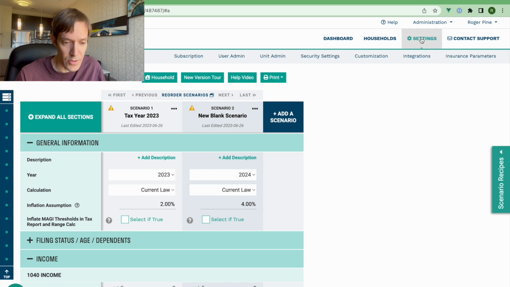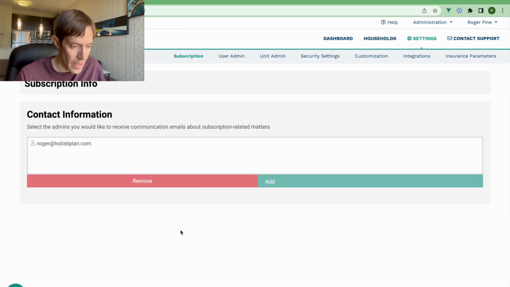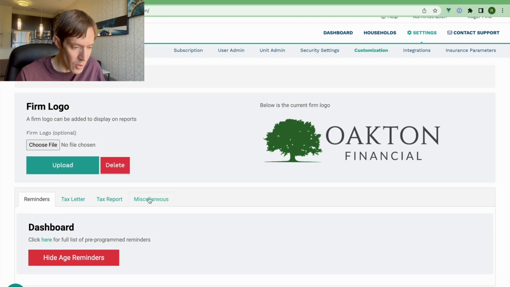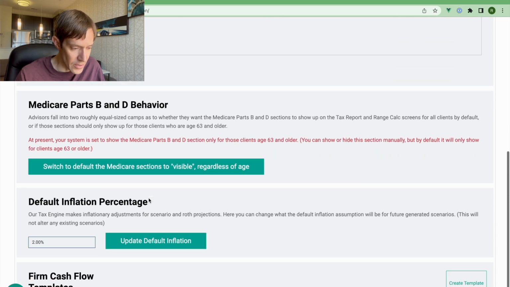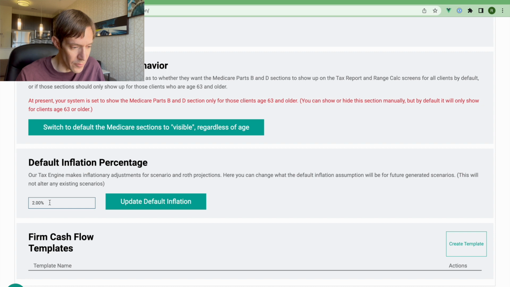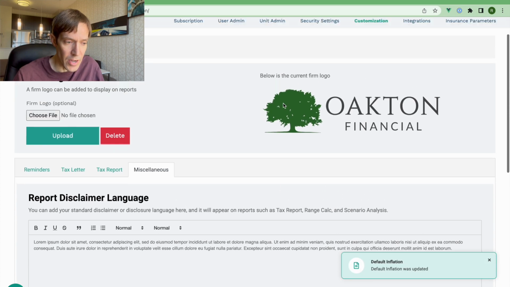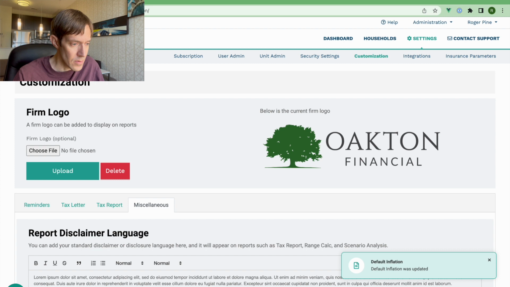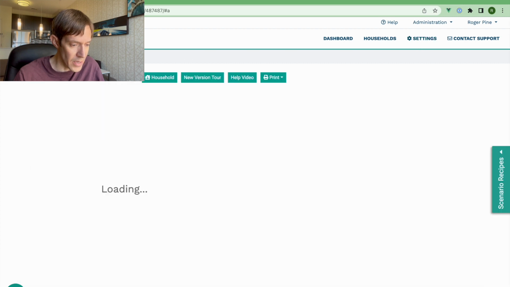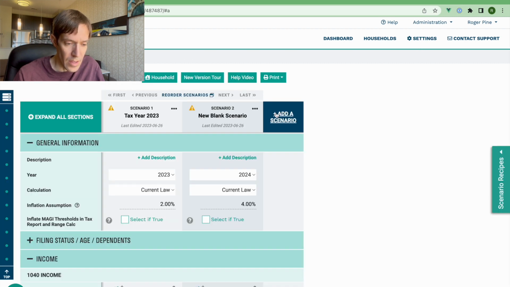is 2. So if you go into settings and you go to customization, and you'll go down to miscellaneous here, and you'll see a new choice here for default inflation percentage. So this is at the firm level, and so I'm gonna change this, let's change this to 3. Click update. And then when I go back to that scenario analysis page I was on, notice that